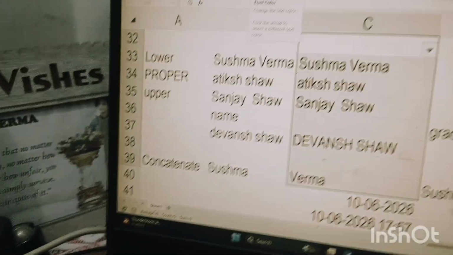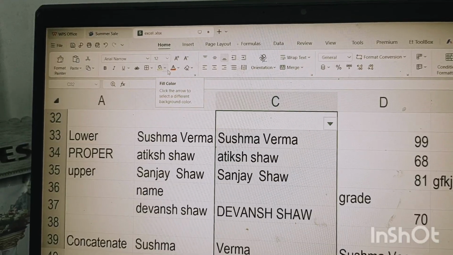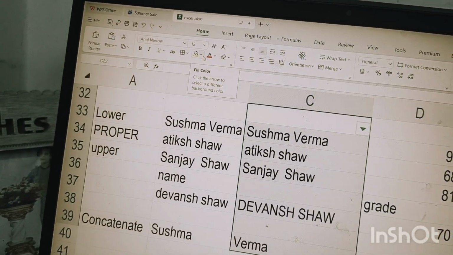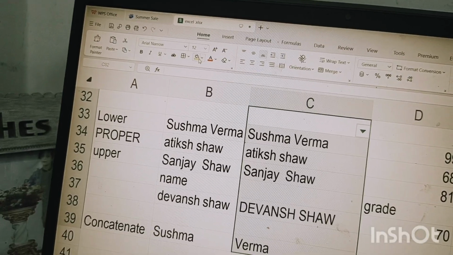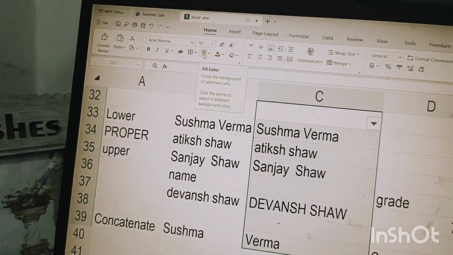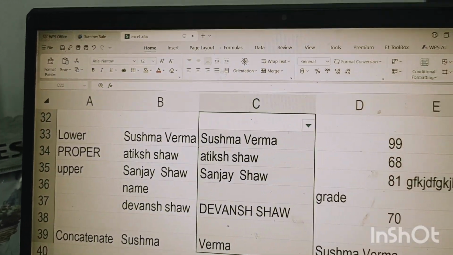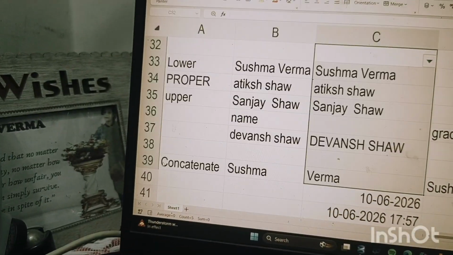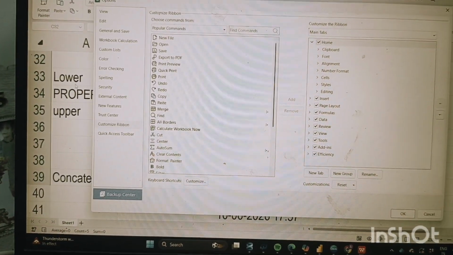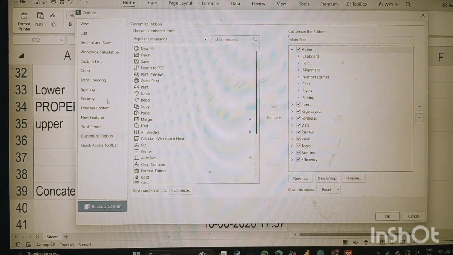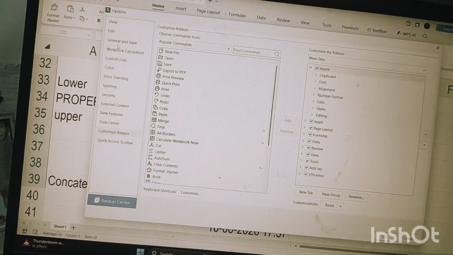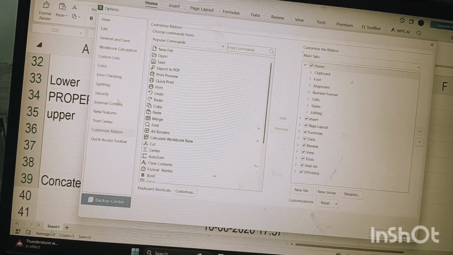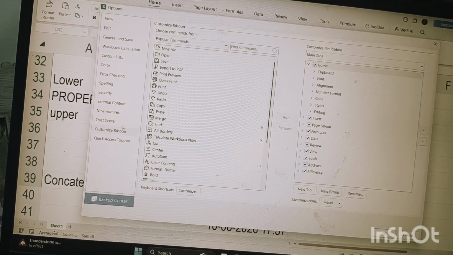And there is one more function, guys. Go to File, then Options, and you will get Advanced.